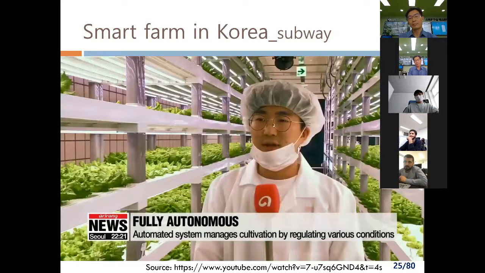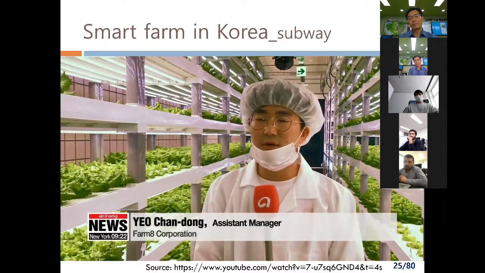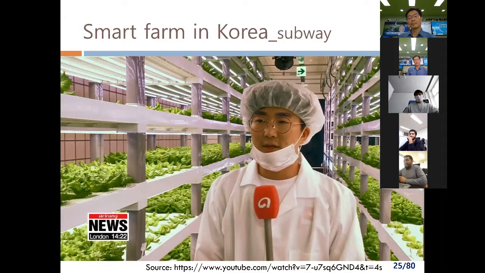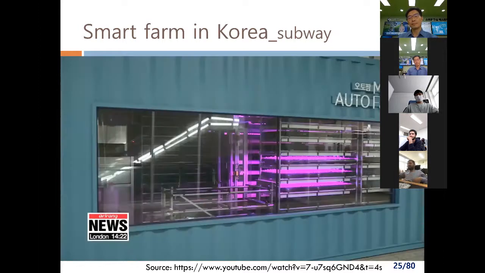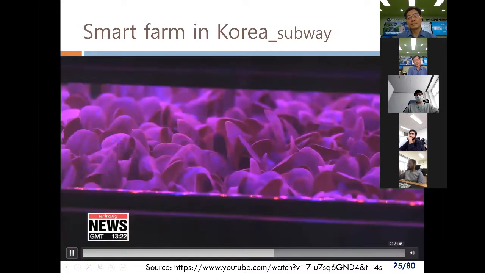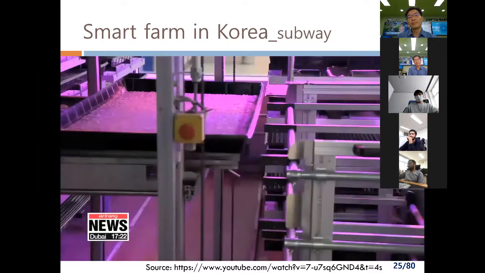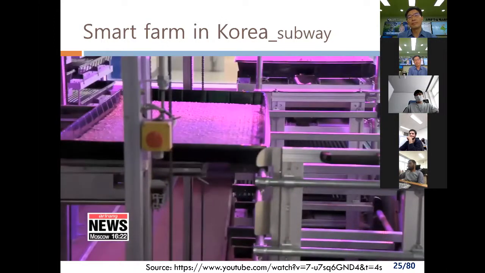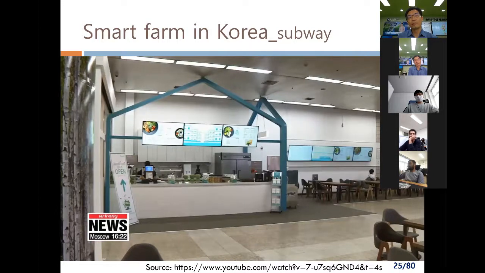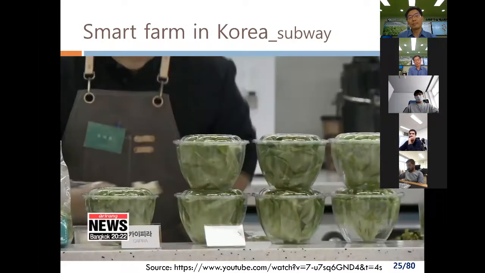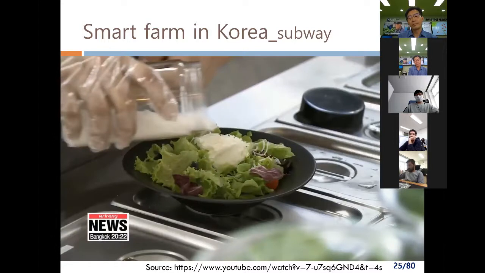If we conduct smart farming in metro stations, plants can use carbon dioxide, which people breathe out, for photosynthesis, and people can breathe in the oxygen that plants produce. There's also a facility called Auto Farm in which a robot manages the entire farming process. This container-sized indoor farm cultivates young leaves for harvest when they are fully grown. People can enjoy the vegetables that are harvested from these facilities at a cafe located right next to the farms in the form of salads and juices.